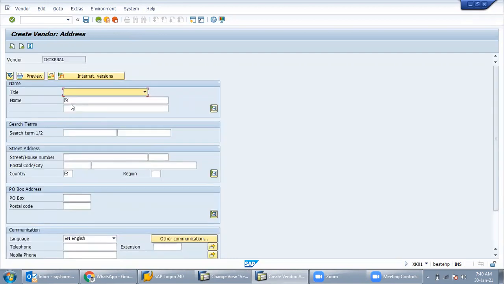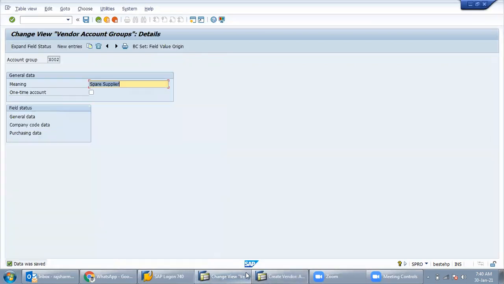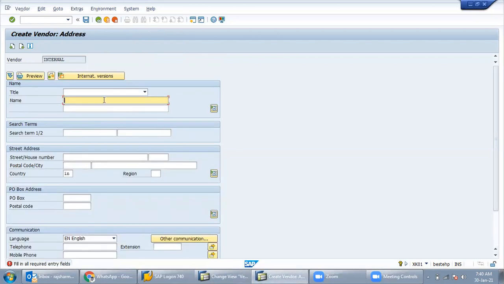Now see, name is mandatory; the tick is showing in the name. If we give IN and click enter, it will ask to fill all required entries. All required entries means name is also a required entry now. So what the account group controls is whether fields will be mandatory, not mandatory, optional, or hidden. That is controlled through the account group. Understand this part? Is it clear or not?